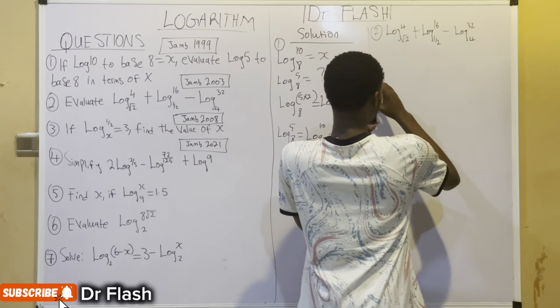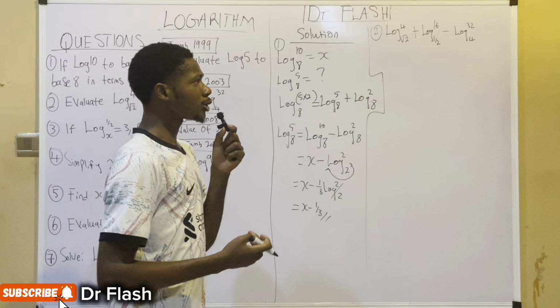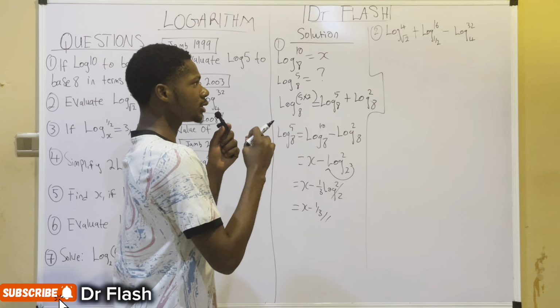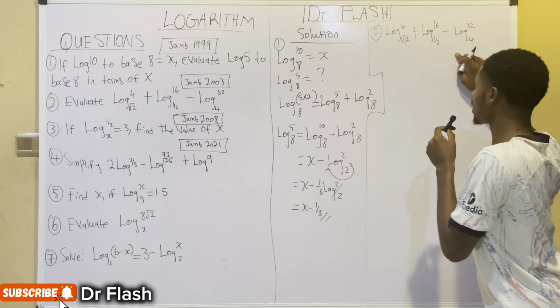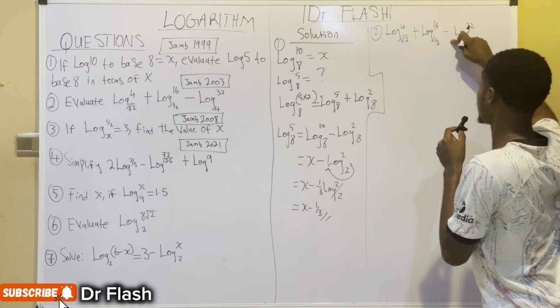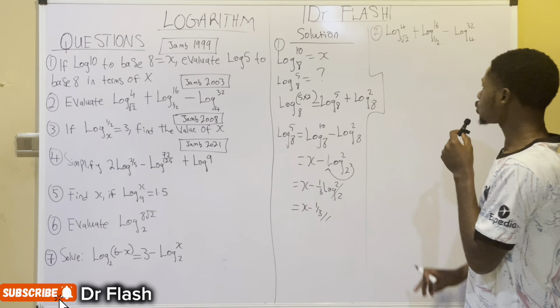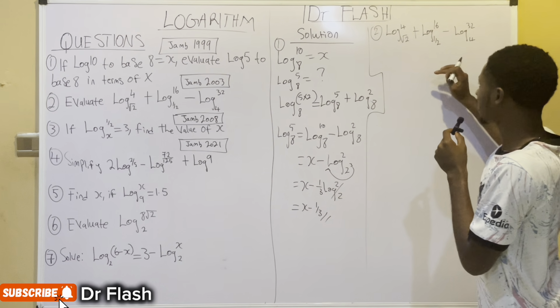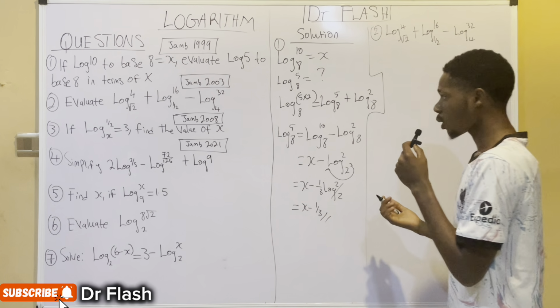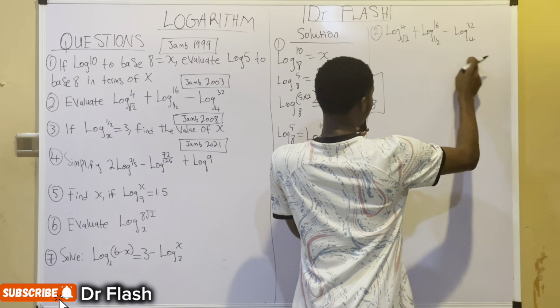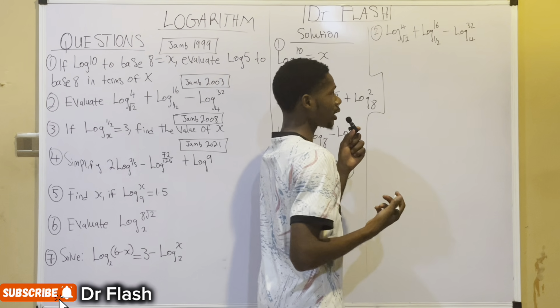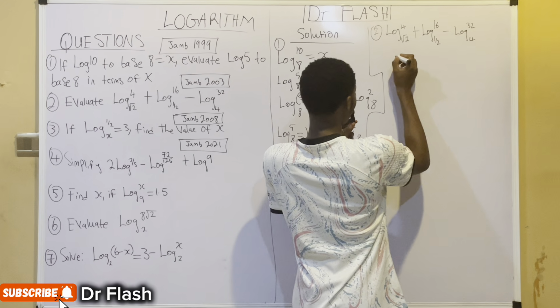Now to do this, the first thing you might want to do is make all the bases the same. We can do this by picking a common base and multiplying where needed and dividing where needed, or we can choose to simplify each of them and then add and subtract our final answers, whichever one makes it easy. But first things first, I want to make sure all our bases are the same, and they are equal to 2. So I can write this as